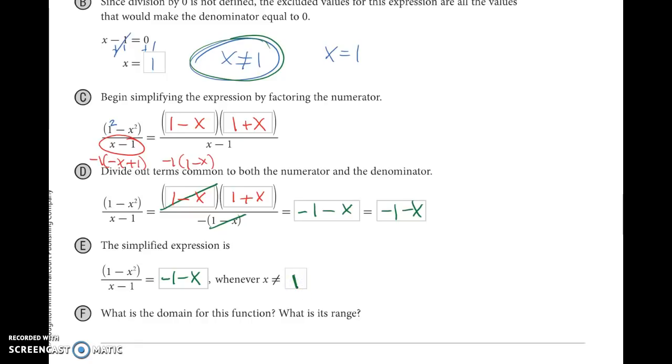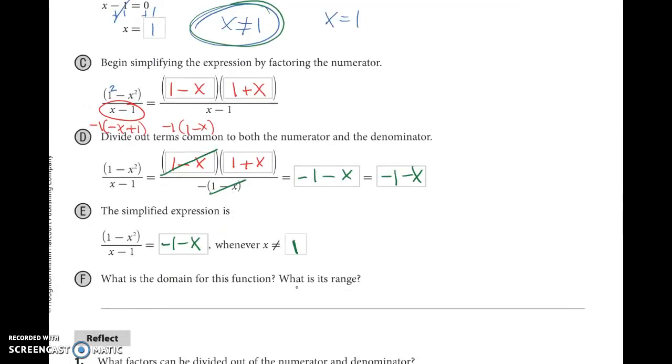Okay. What is the domain for this function, and what is the range? So the domain, remember, is all the x values. And so the only excluded one that we've pointed out is that x cannot equal 1. And so our domain is all real numbers except when x equals 1. And for our range,